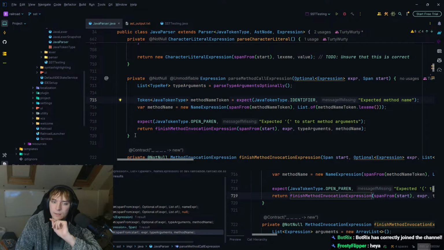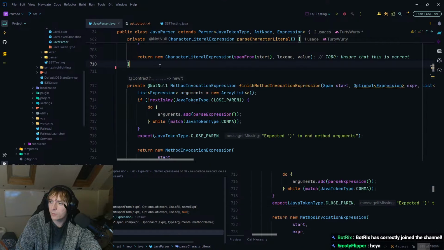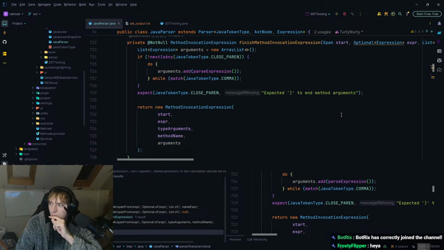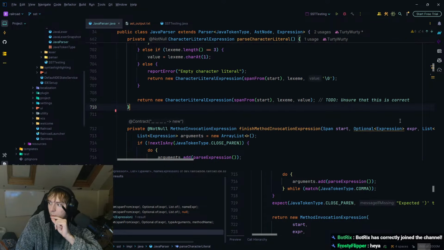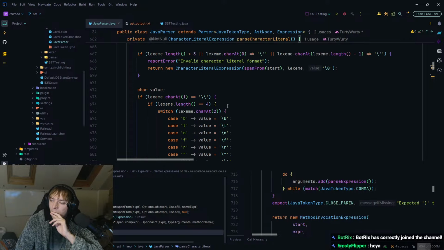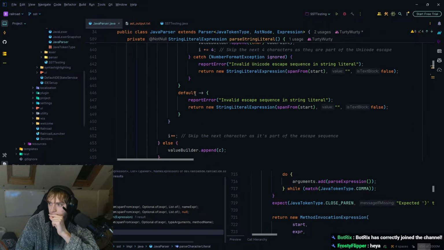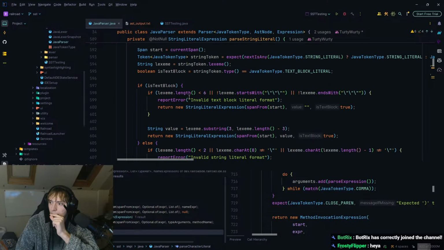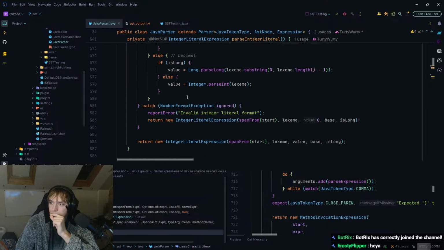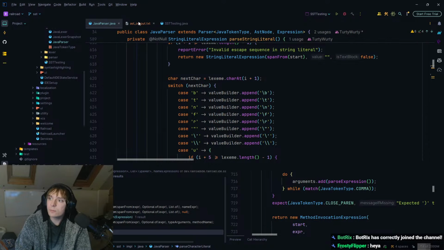I don't think we need this method. I think we can actually ditch that method, surprisingly, which is a little bit weird. Okay, I think that's fine. Okay, let's see what this has produced.